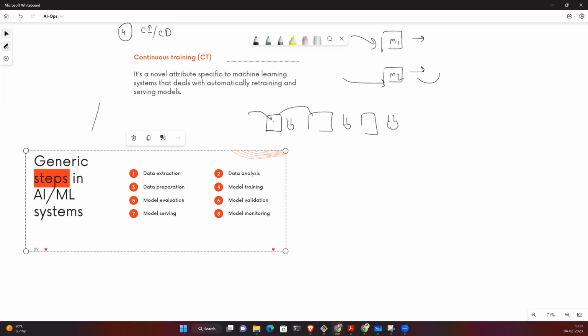Up to model evaluation, we have to do different iterations. That is called model evaluation. Then coming to model validation. Let's suppose we did 4 to 5 iterations, and out of those we are going to validate which model has to be moved. We already do that with model evaluation, but model validation is about when we are going to deploy this model into production, in which format we have to